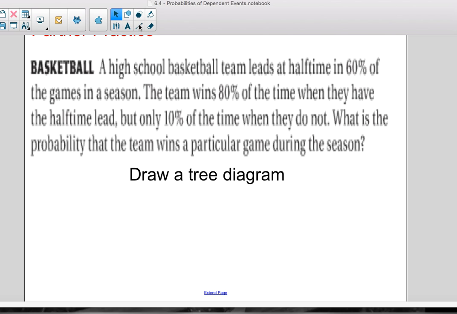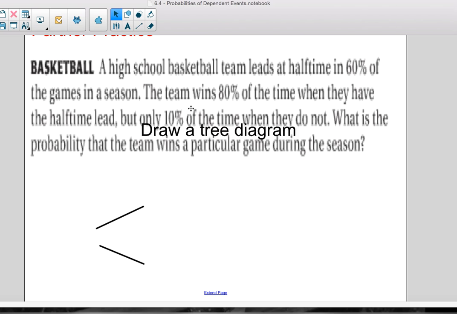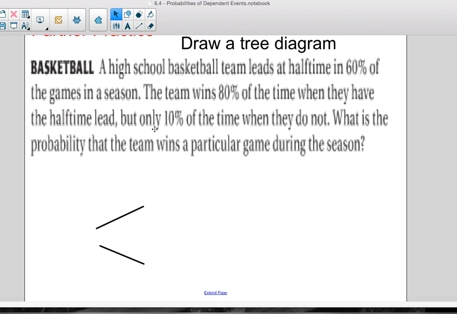All right, so I'm going to make a tree diagram here, and we're going to go this way and this way. I'm going to move this actually. So a high school basketball team leads at halftime 60% of the games, right? So I'm going to start with that because that's the first piece of information that I can use. So 60% of the time, so 0.6 of the time, they have the lead,